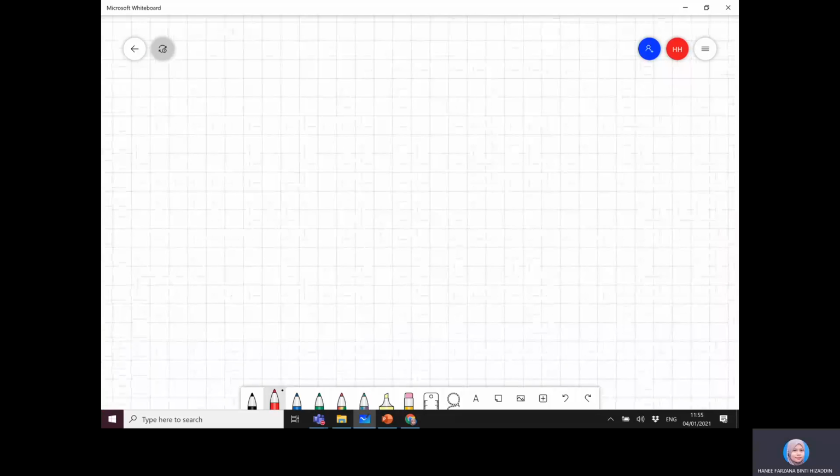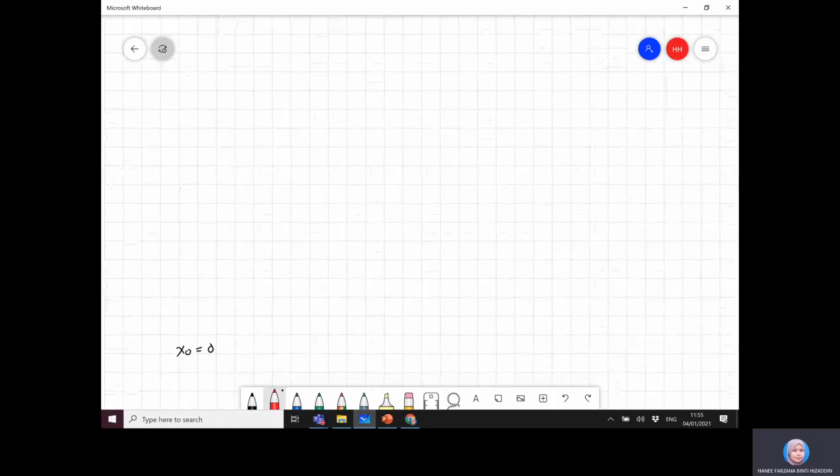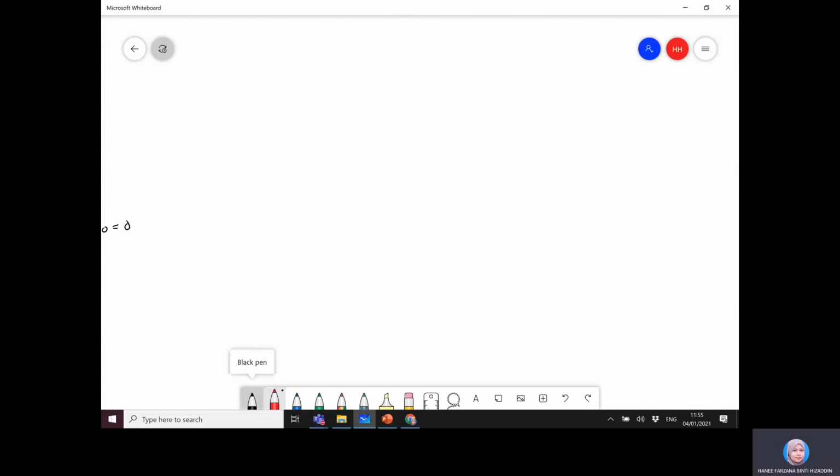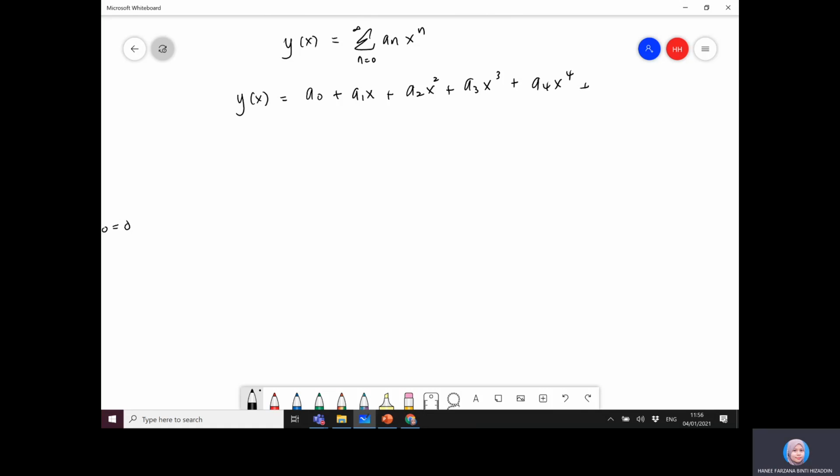Go back to the top of the whiteboard. Previously you suggested that this is your solution to the differential equation in terms of power series, a_n x^n. When you expand this y, you will get a naught plus a1x plus a2x squared plus a3x cubed, and so on and so on,